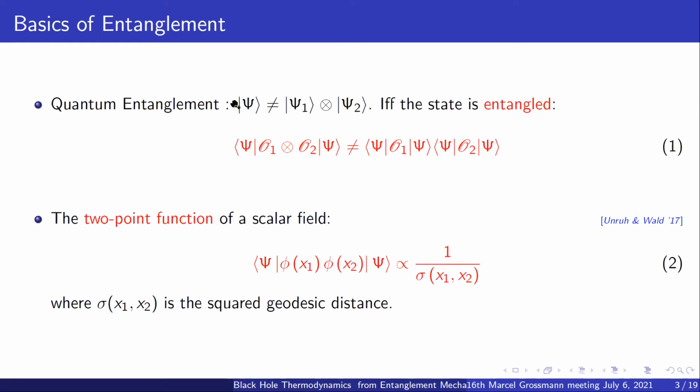So first, I'd like to begin with some basic introduction to entanglement. What exactly is quantum entanglement? Suppose you have a quantum state psi, which can be written as a product state of two individual subsystems. Then this state is essentially called a pure state. What this basically means is that any outcome of a measurement made on subsystem 1 would in no way affect an outcome on subsystem 2.